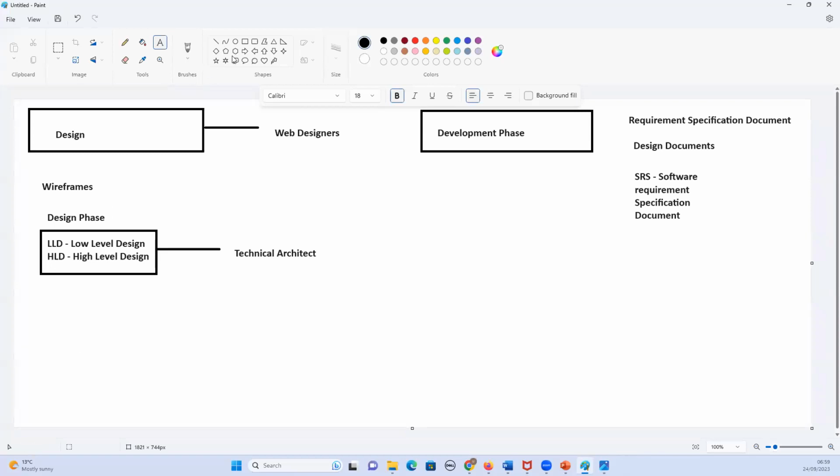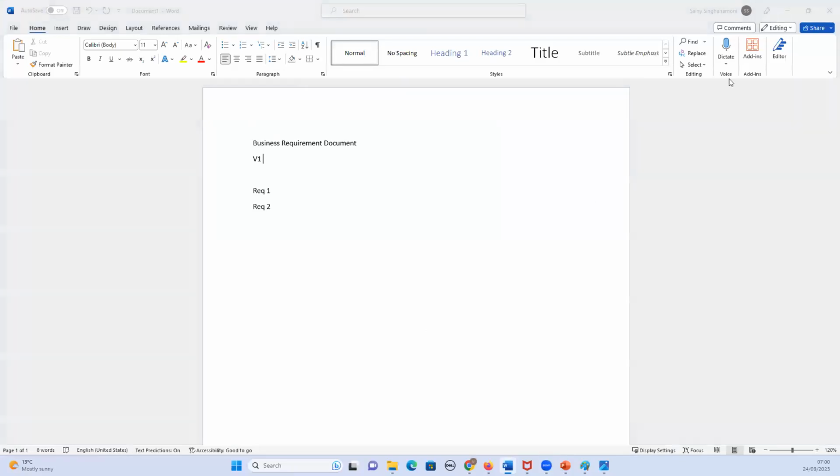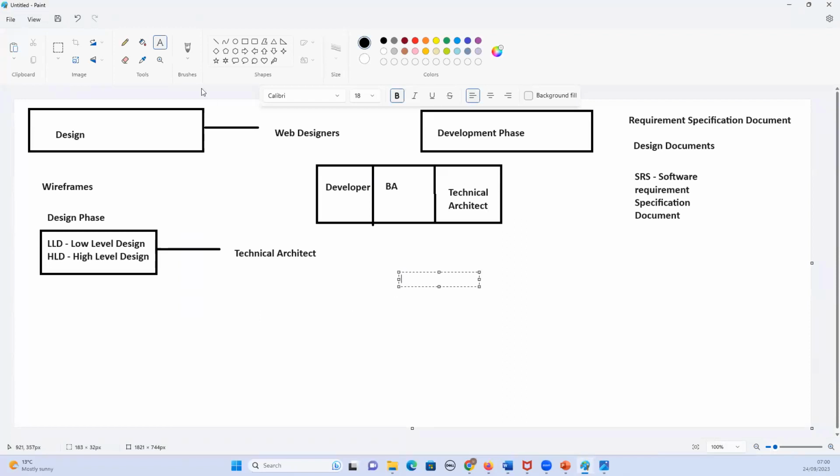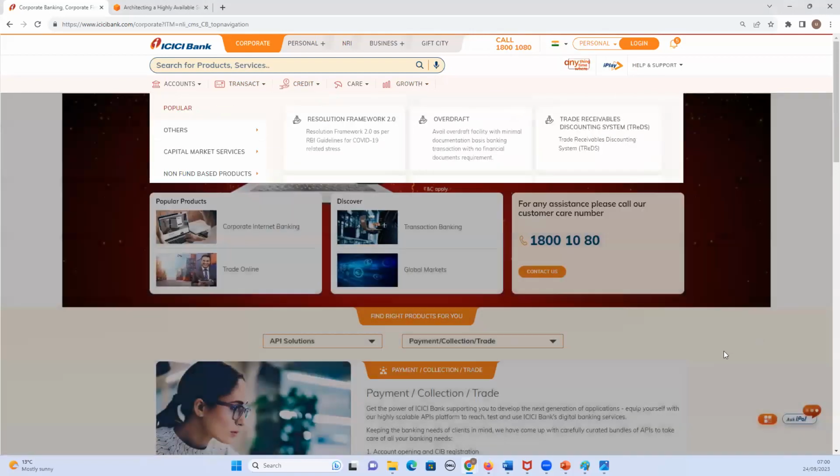the developer, the BA, which is business analyst, and the technical architect, these three decide, if we are developing a banking website, say an ICICI banking website,